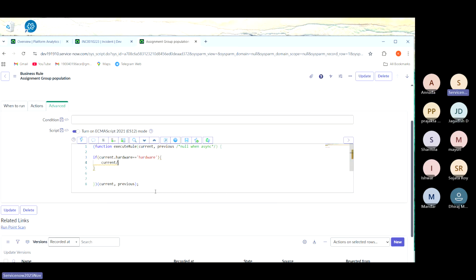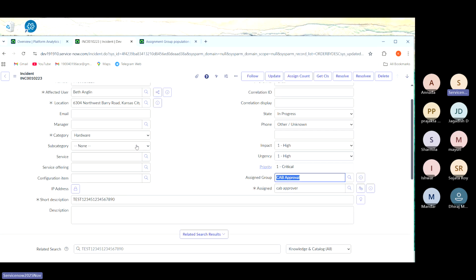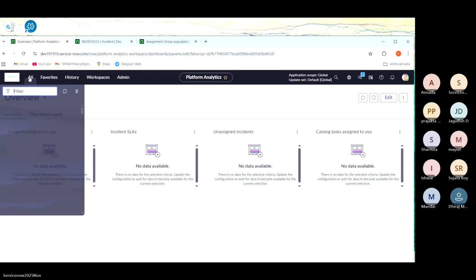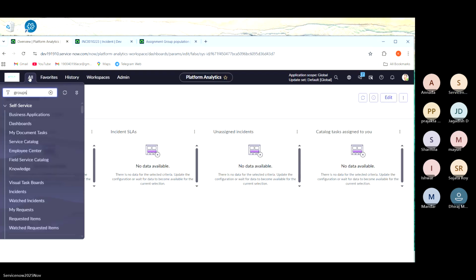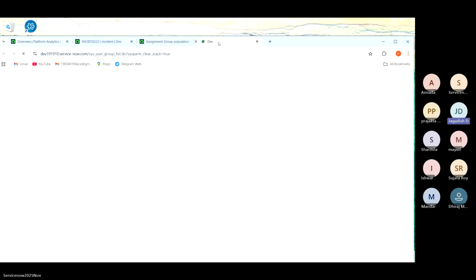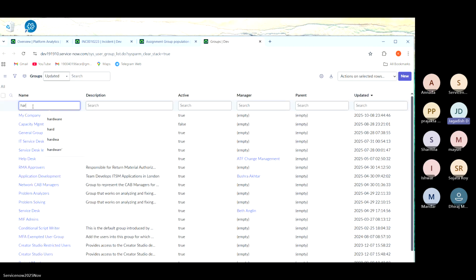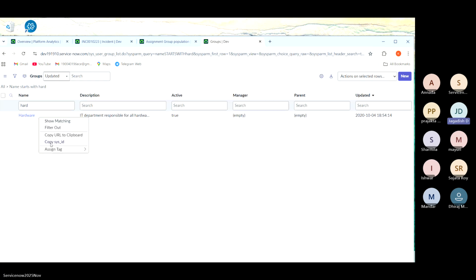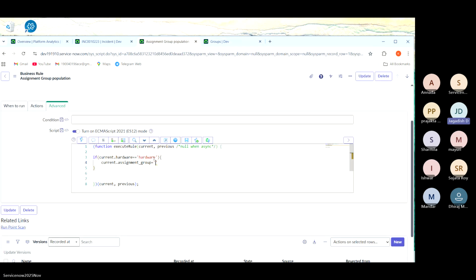I want to populate the assignment group field with hardware. Like what is the hardware group sys ID? I should again go and check there. Groups. And if it is software,